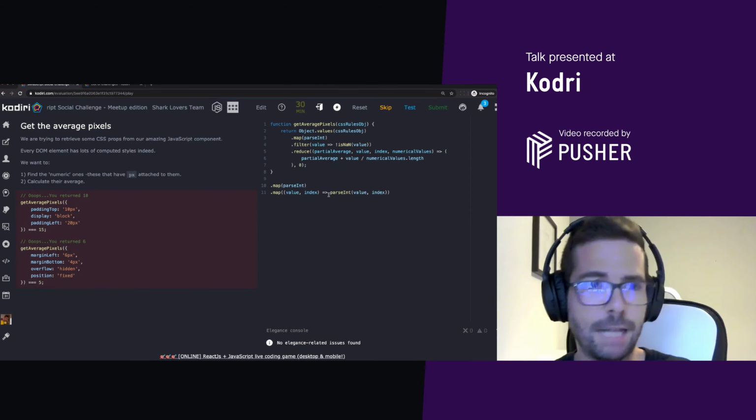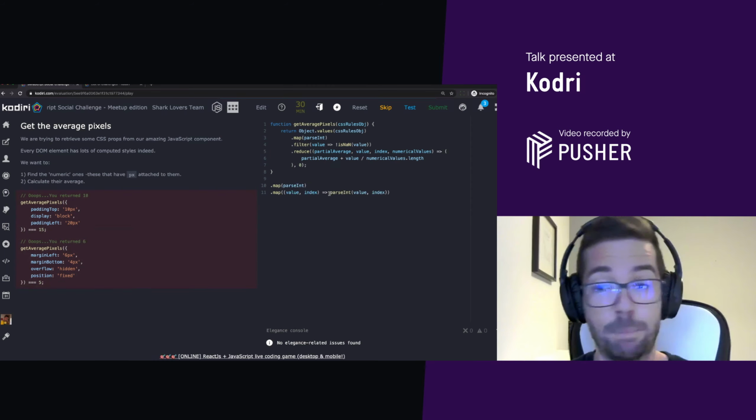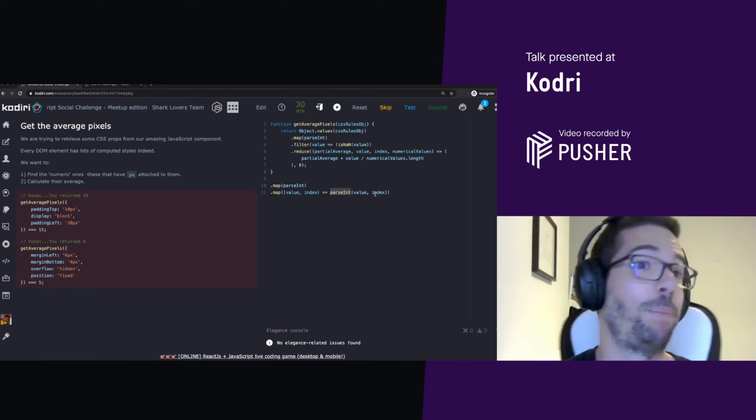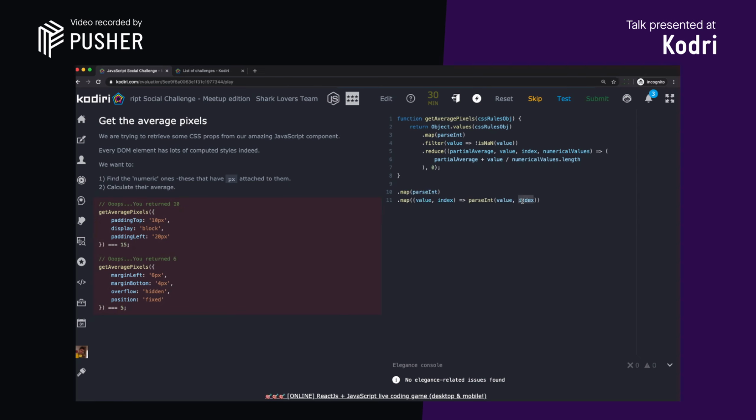So hopefully that will help a bit to realize where the problem is. parseInt expects a second argument. Does anyone know what's the name of this argument? Base. It's the base, correct, or the radix.